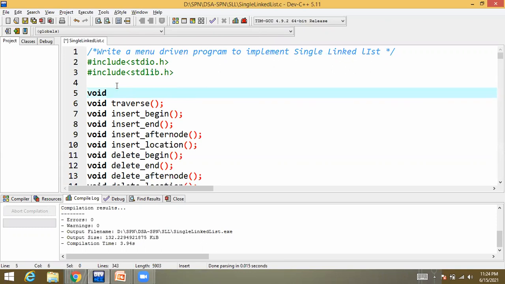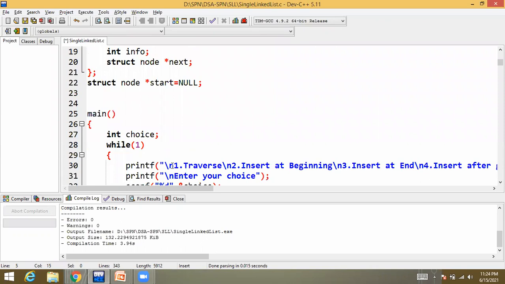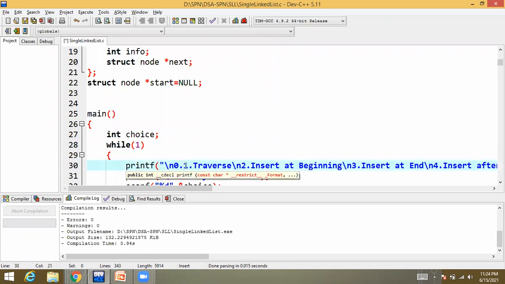Suppose I'll create a function that is void create. We have to add a menu here. So for example, let us keep it at the beginning, so 0 is the option I am providing, creation.